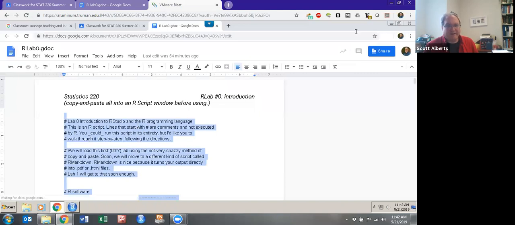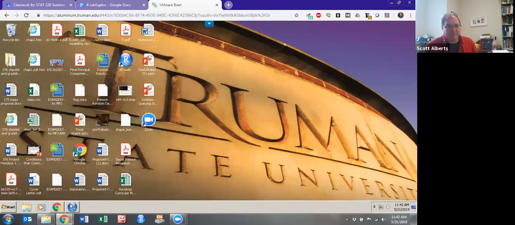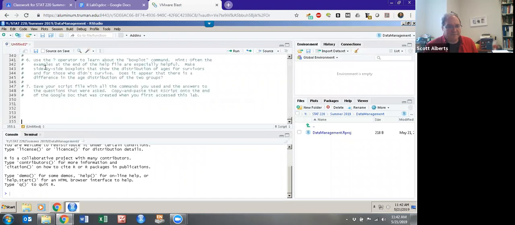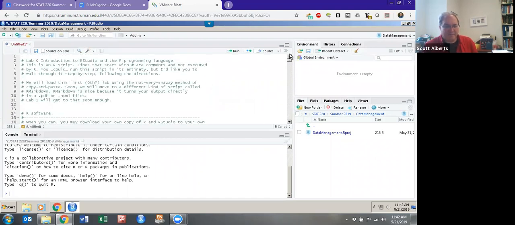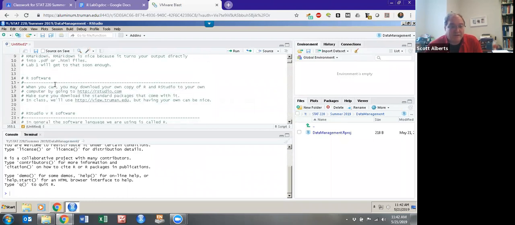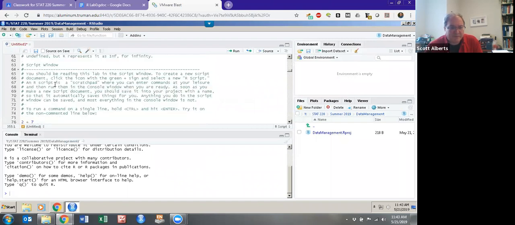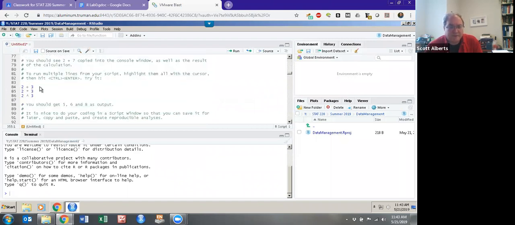All right, so now here I am copying my RLab into the script window here. And now we're ready to go. I'm going to scroll back to the top. Anything that starts with a hashtag or a pound sign is going to be a comment, so it's not run. And anything that it's actually going to run is going to be different. You can see on the default setting, the text here is green and the text for actual code is blue. As soon as you open that, probably the first thing you want to do is save